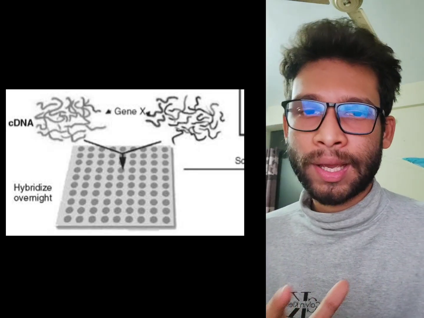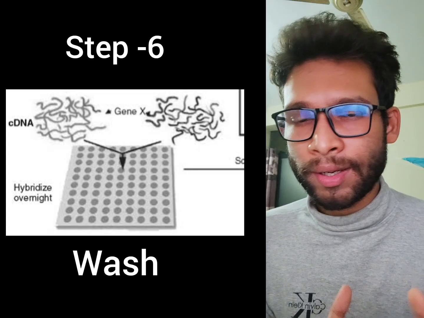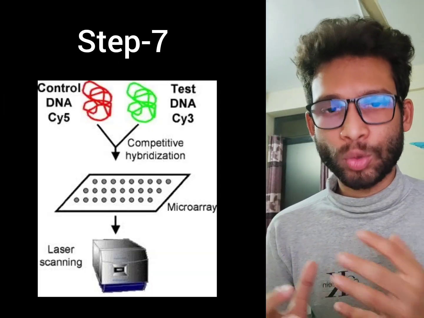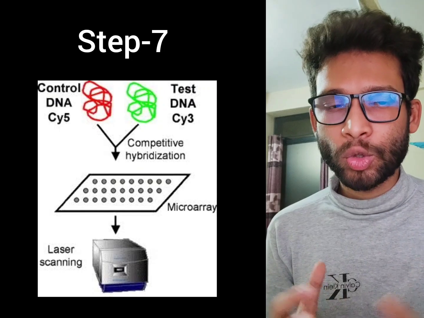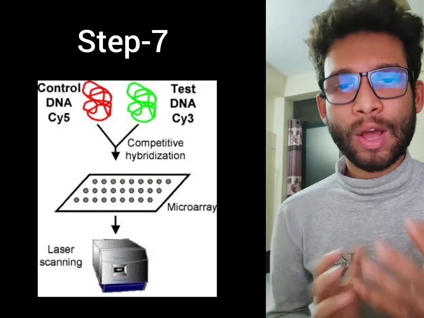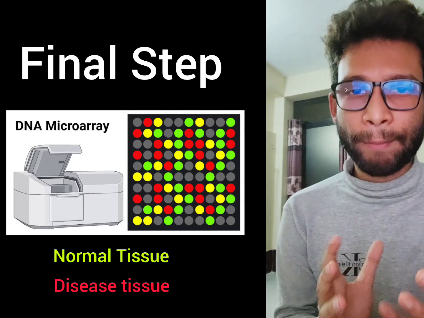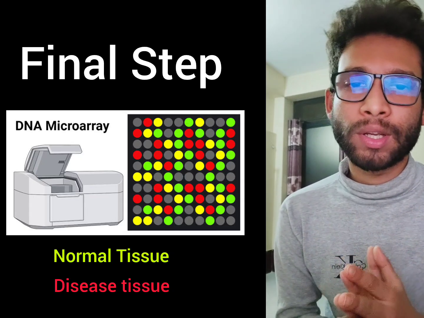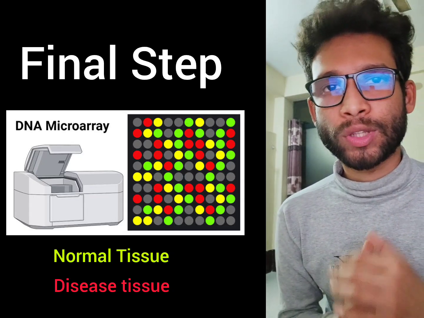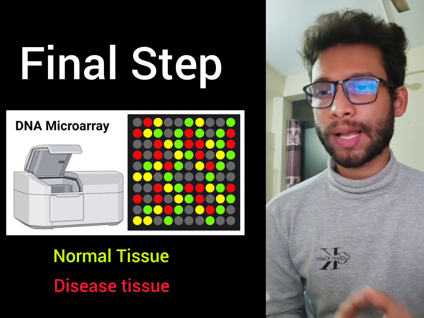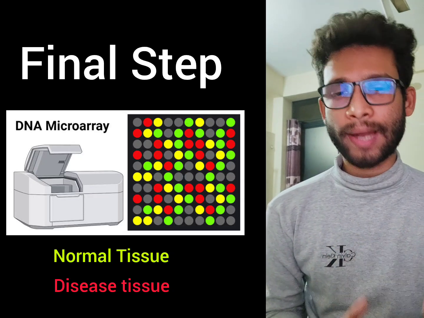Then wash the DNA array so that the unbound DNA will be removed. Now a laser is used to scan the microarray to detect the fluorescent dye. So now we can visualize this data as a heat map or scatter plot on the computer screen so that we can interpret the result. In the data interpretation, if the color is green, we can say that the gene